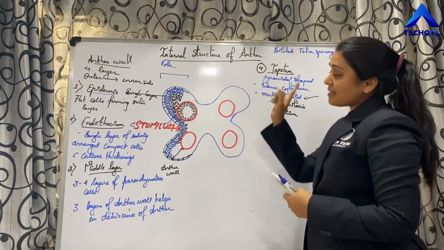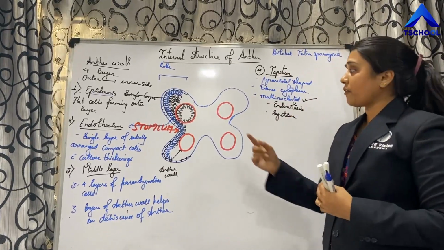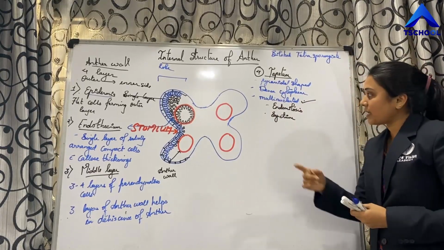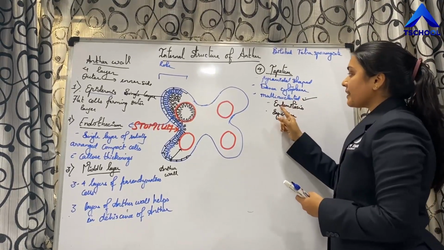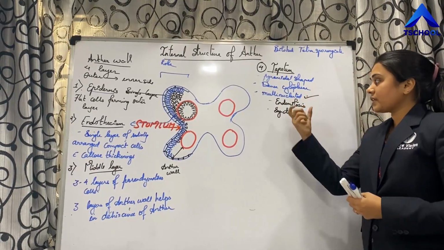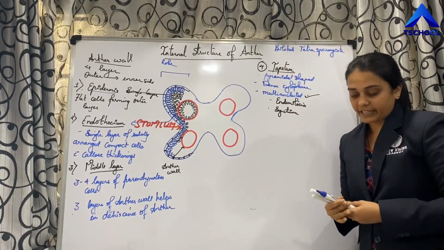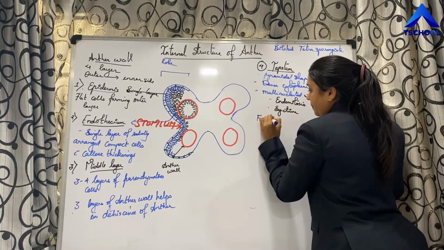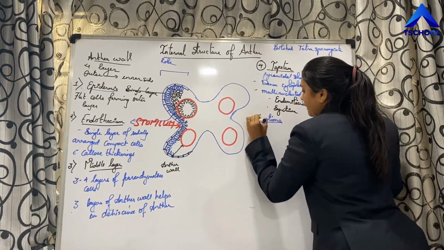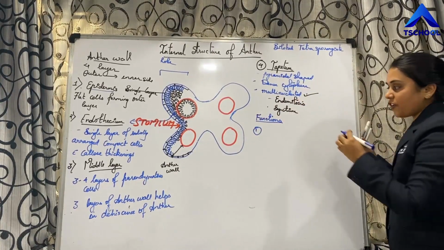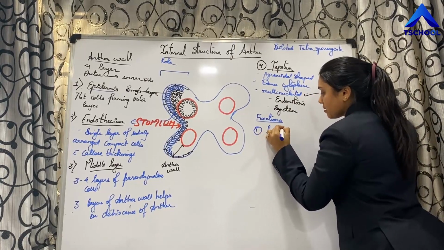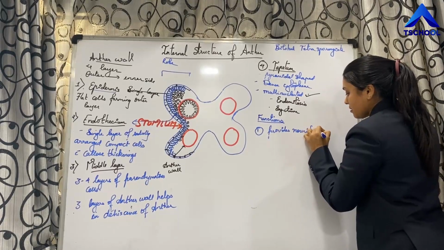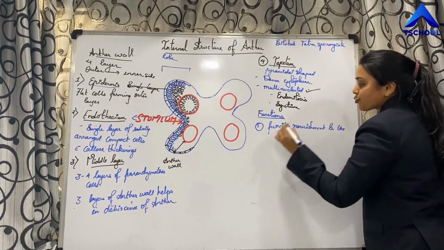So the innermost layer is tapetum. Tapetum is made up of a single layer of pyramidal cells. These cells possess dense cytoplasm. They are multinucleated, either through endomitosis or through syncytium. What are the functions of this tapetum? The first function is it provides nourishment to the developing